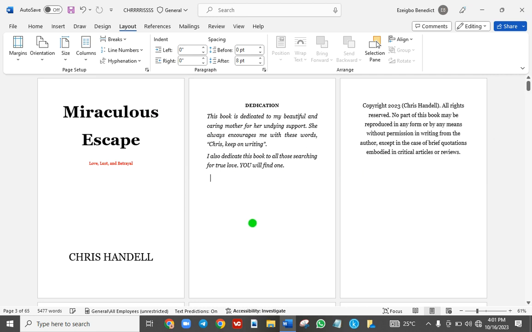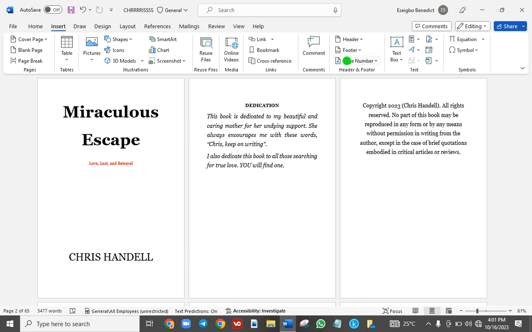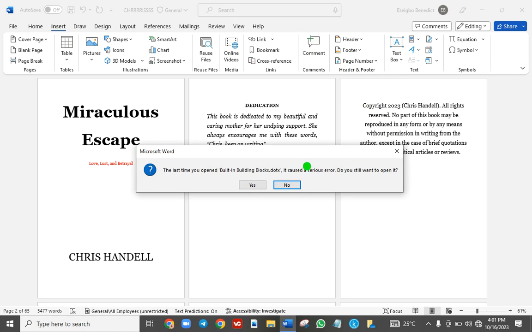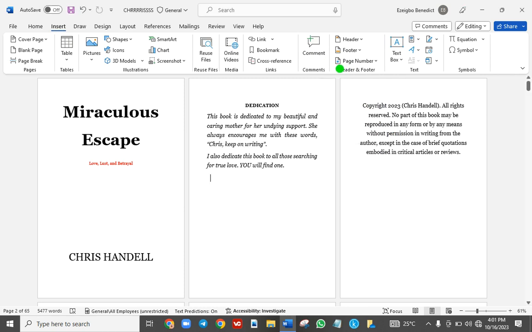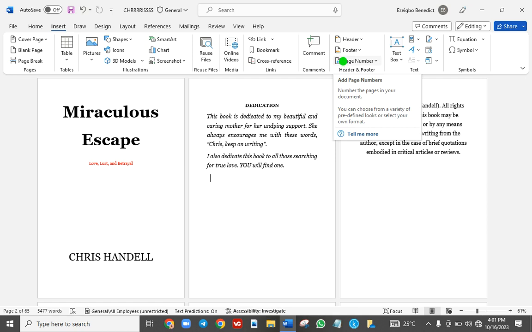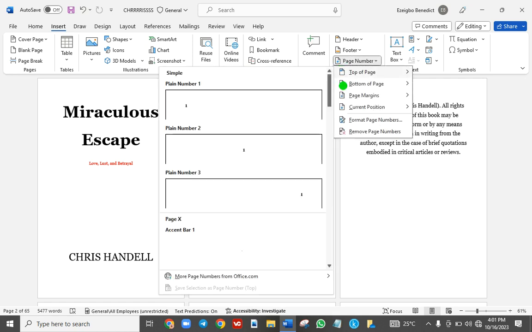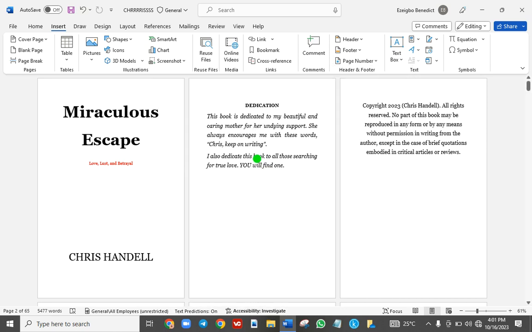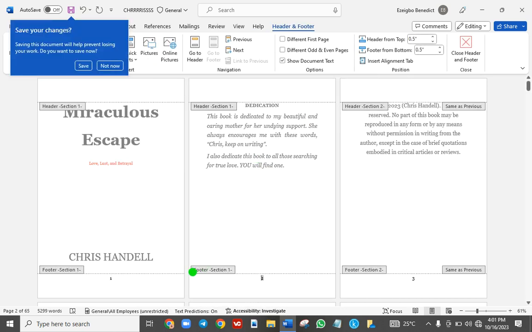Then the next thing you're going to do is go to insert. To insert your page number, you go to page number, then you click on, okay, you go to bottom of page. So I hit this. You have seen that the page number is 123, but